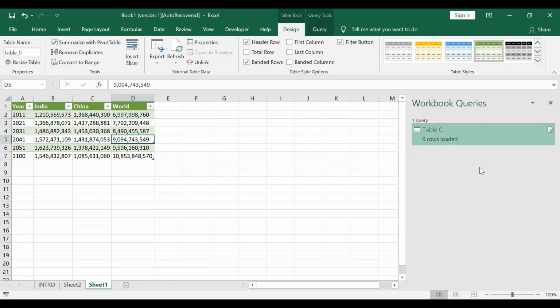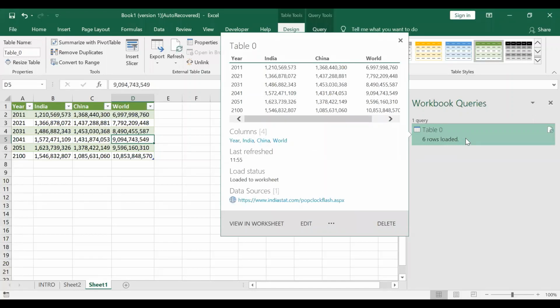So as you can see, I have table 0, which has been extracted, and it contains the time when it was last refreshed, the load status, the source of the data, and an option to edit my data. That is, again, we'll go back to Power Query Editor if we require. Now if I want to remove this, I can select delete, and this entire data which has been extracted will simply be removed by Excel.